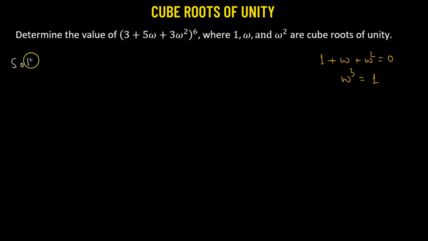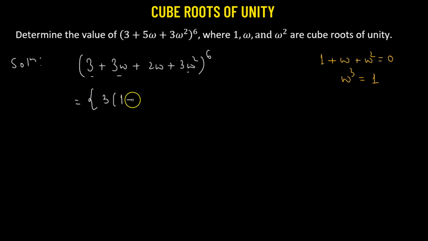So let's begin. First, we'll rewrite our expression as 3 plus, so instead of 5ω, we'll split it into two parts. So we have 3ω + 2ω + 3ω², whole raised to the power of 6. This is done so that we can take 3 as the common factor from the first, second and the fourth term. So let's do that. So we have 3 multiplied by (1 + ω + ω²), plus this term 2ω added to it, raised to